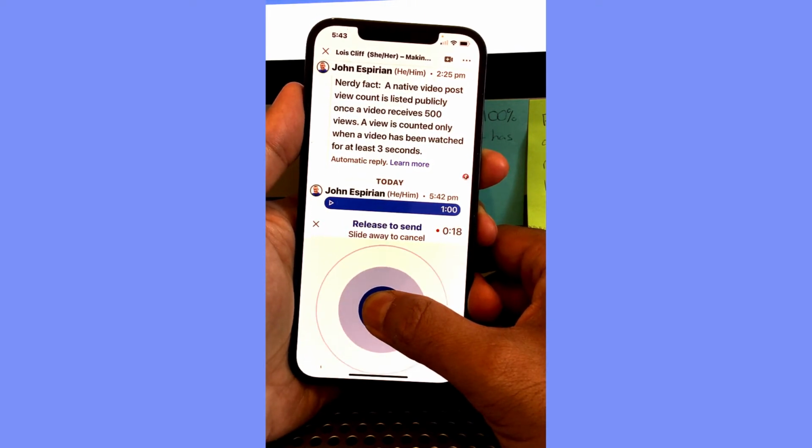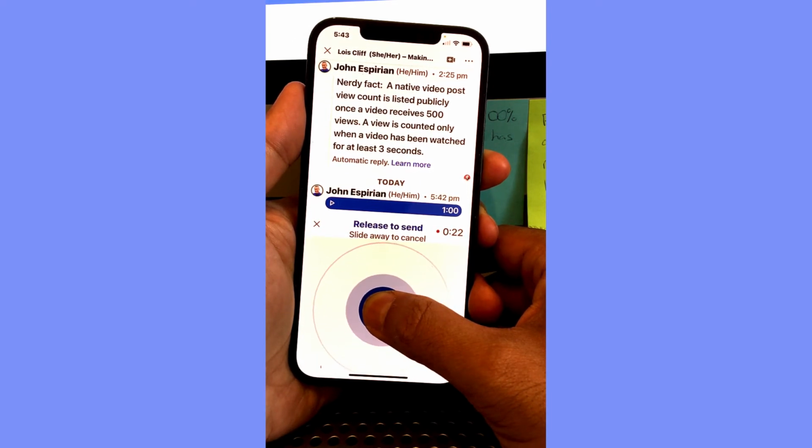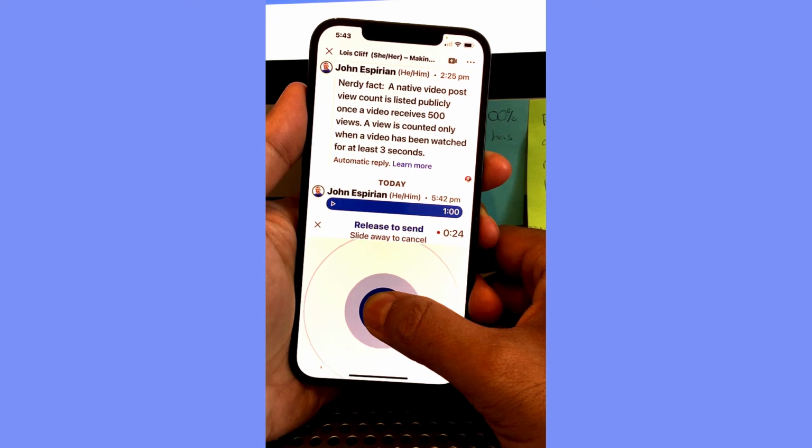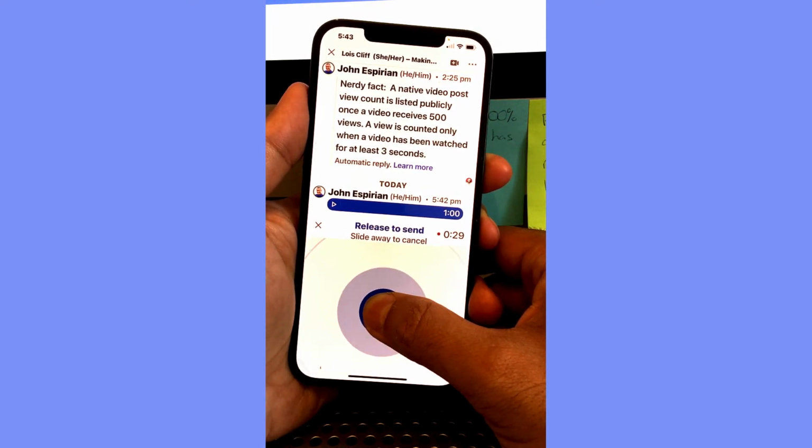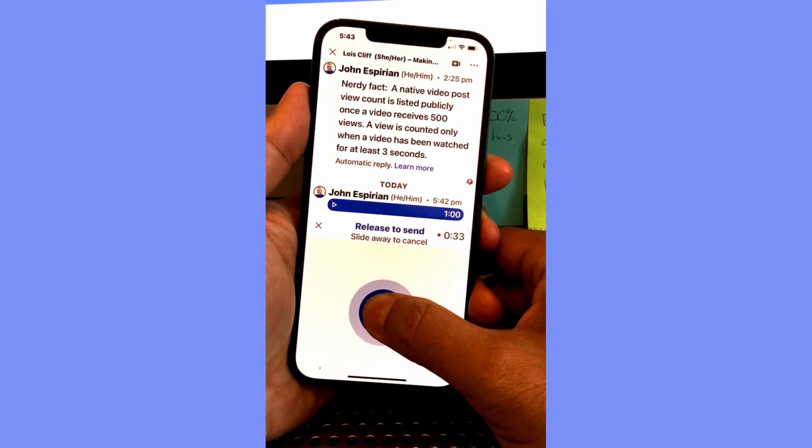Now, when you send voice notes, you can't then forward those voice notes to anyone else. You can't save them out from LinkedIn, so that makes them reasonably secure, and I guess proves to the other person that you're sending something that is only to them,